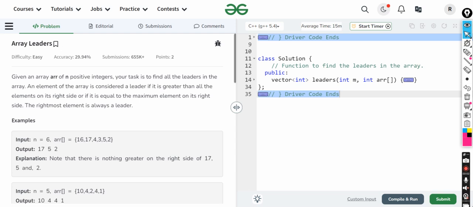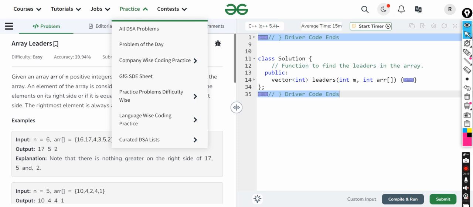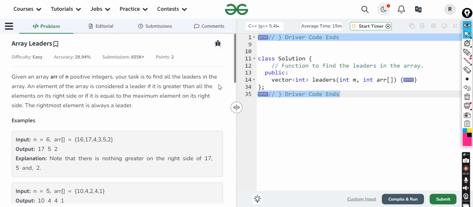Today is day 19 of solving NEET code questions daily. Friends, as you all know, we'll be continuing our array series today also, and today we'll be taking the example of array leaders. Friends, what are array leaders? Array leaders are nothing but just the numbers whose right hand side all elements are smaller than itself.